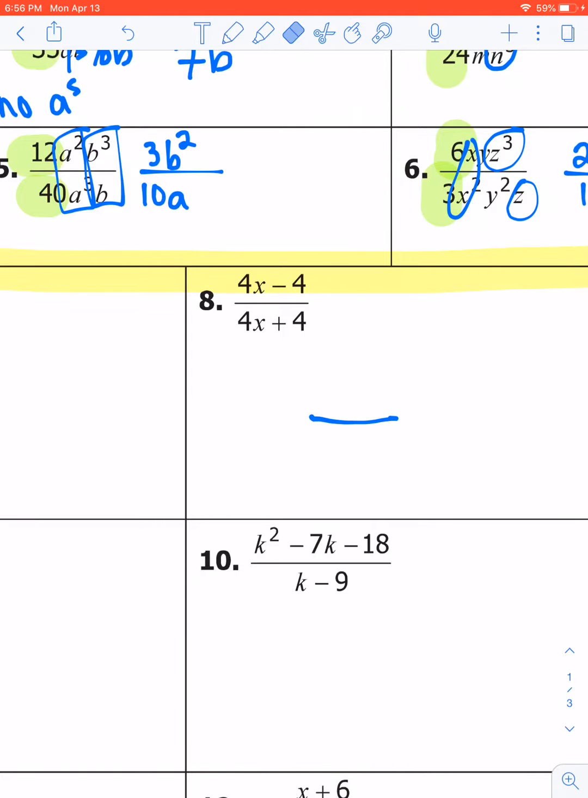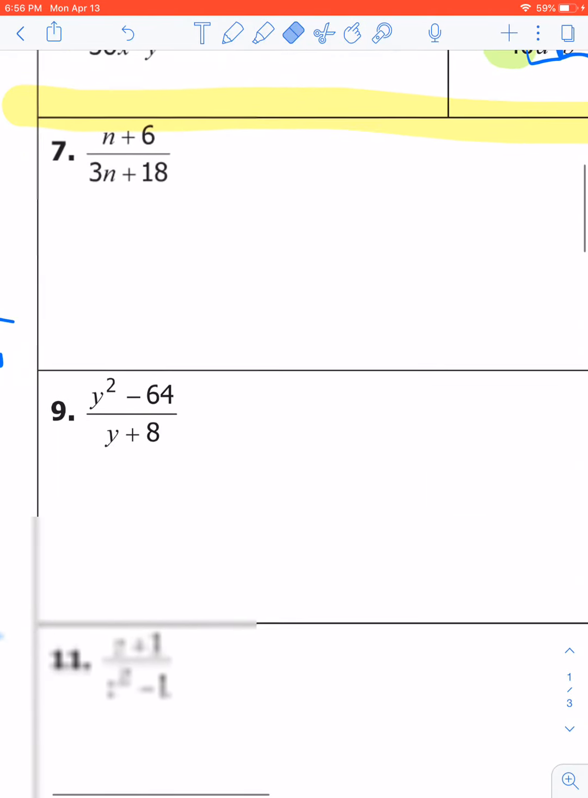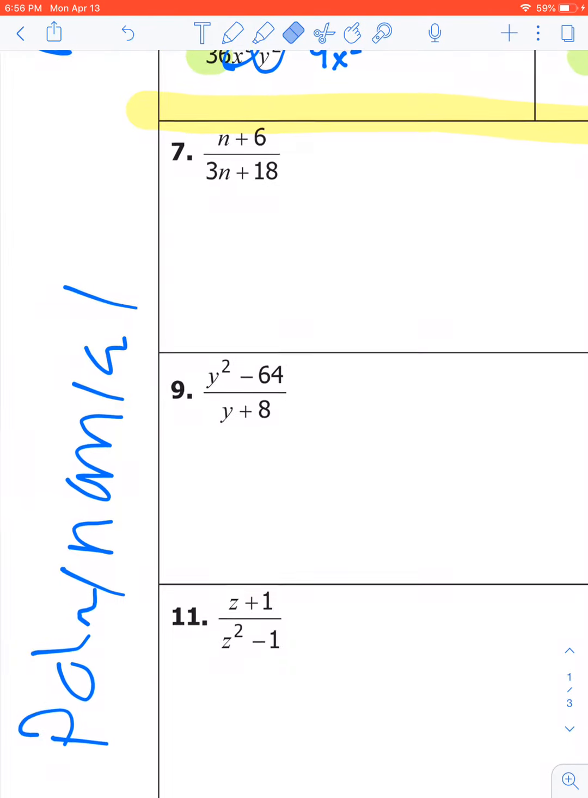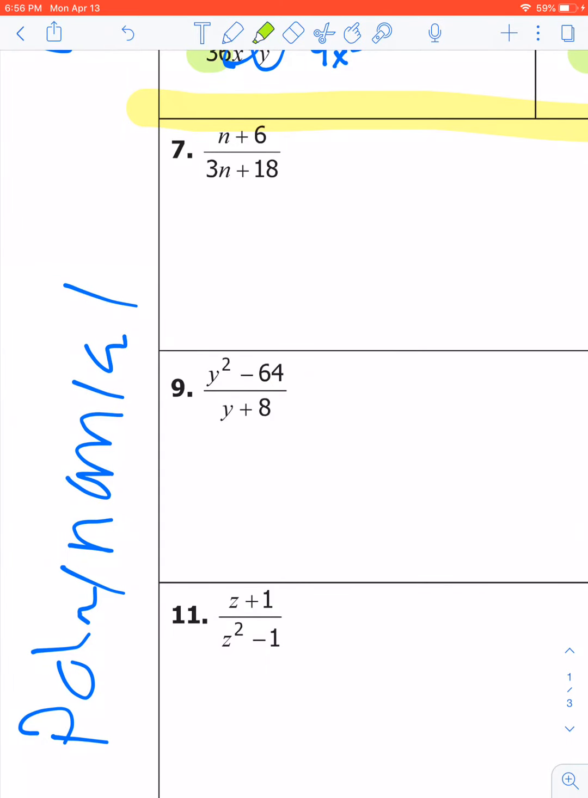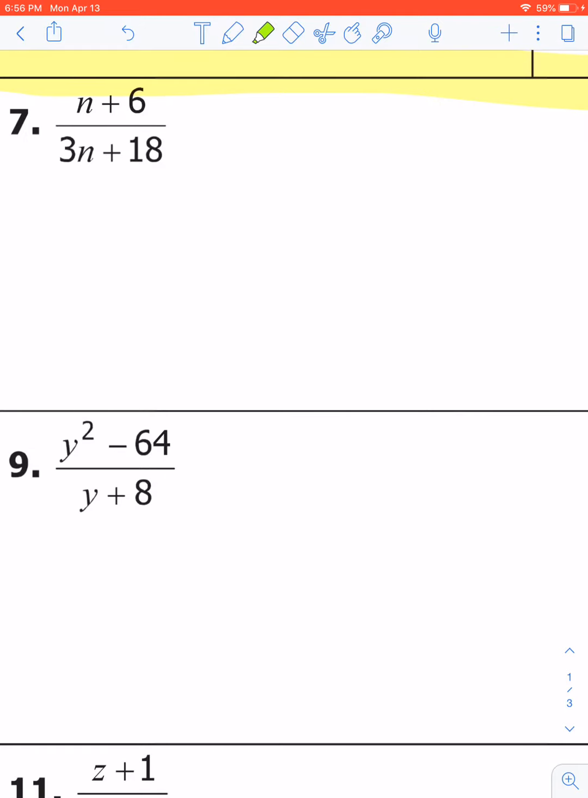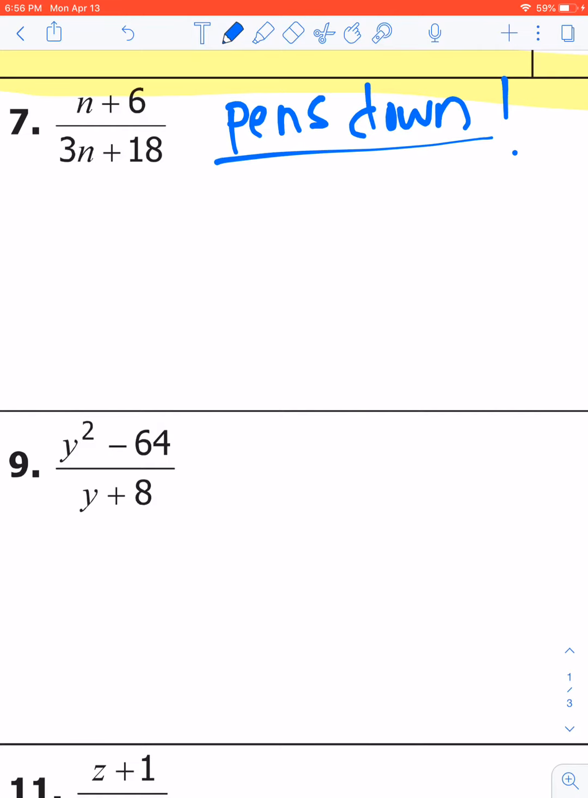All right, friends. To continue with the rest of this assignment, we are now into the part where these are polynomials, so we cannot attempt the same strategy. I want you to keep your pens down until I erase this. You may not cancel out those n's. Why? Because this n